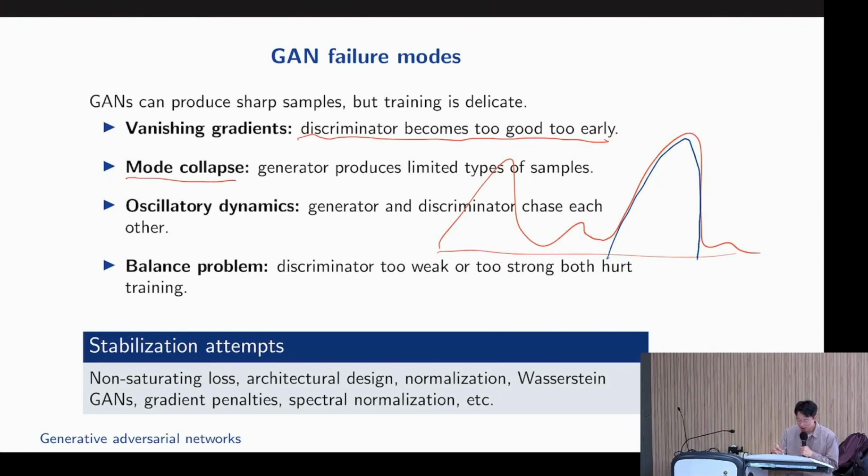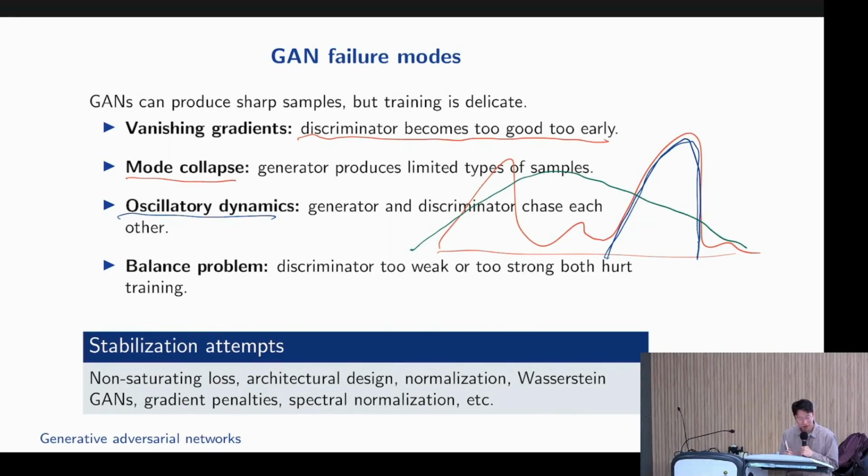This is good and bad. VAE tries to do something different. It tries to fit as much data as possible under the model. But GANs try to lock on to a mode, which can be good because you can generate very high quality samples. And the dynamics is very difficult to optimize because you have two guys trying to compete against each other.